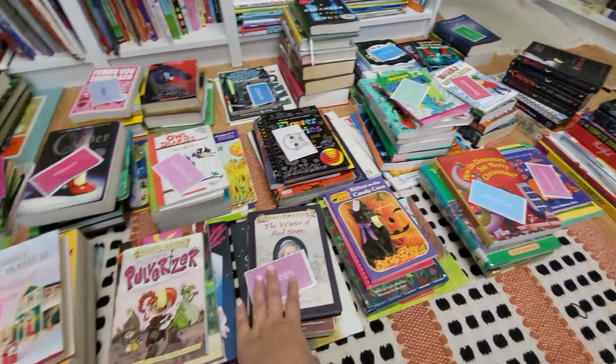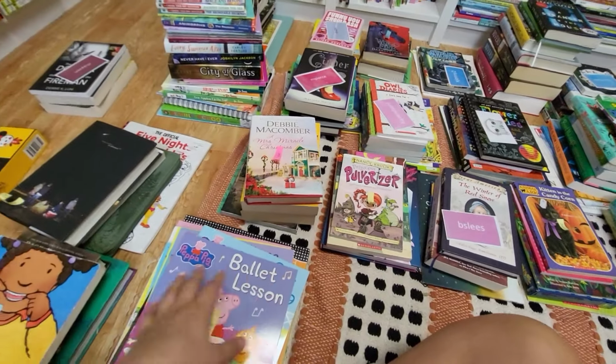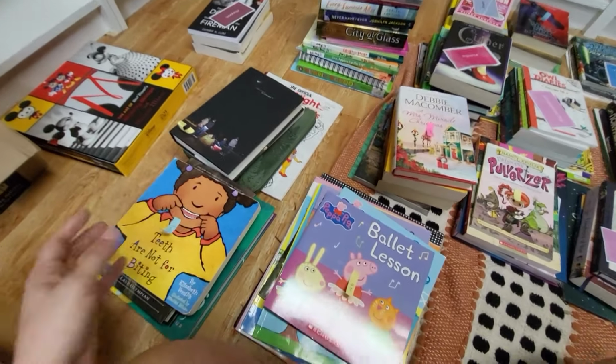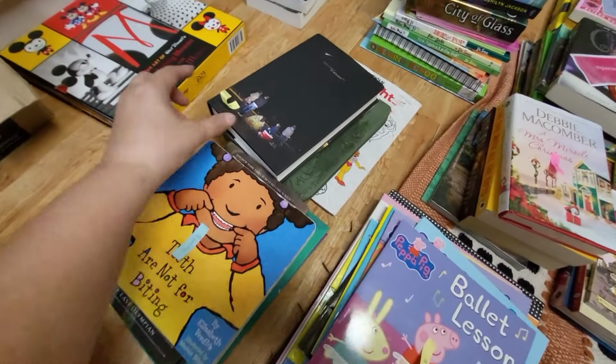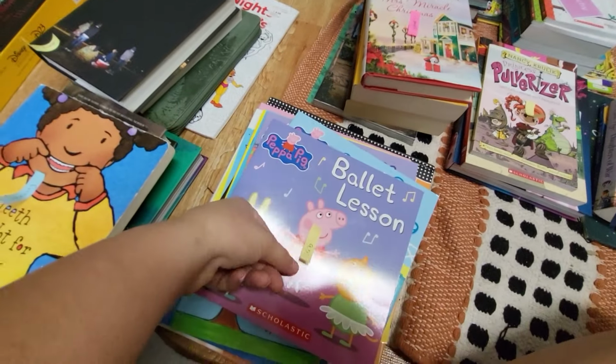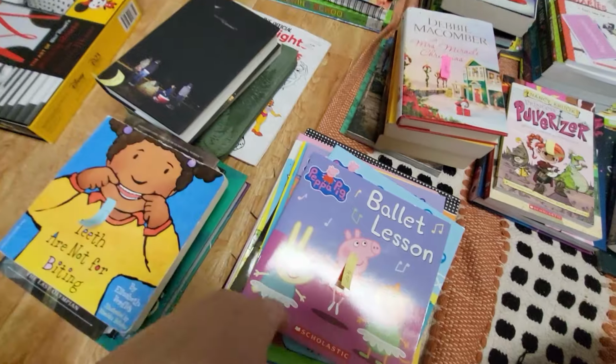Now, anyone who doesn't have a printed out name tag, I still love and appreciate you, but either you're new, I've never seen you, or you don't come in often enough, so I don't have a printed out name tag for you. So I do use little Post-it notes, right? These are just little sticky individual notes that I have written the person's name down on,